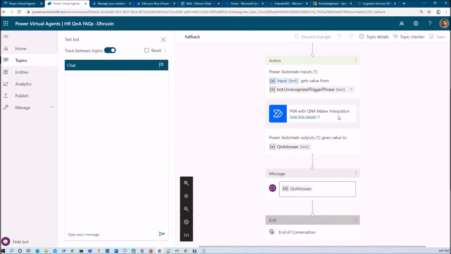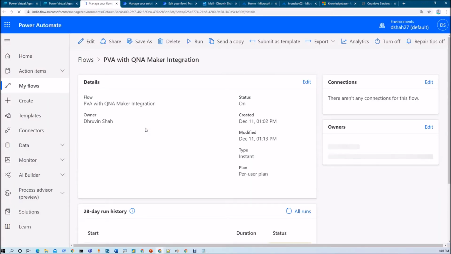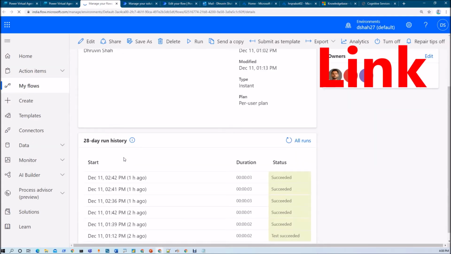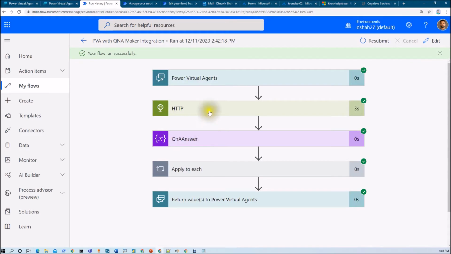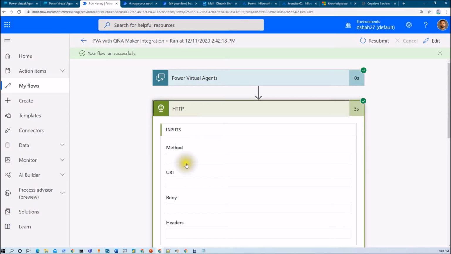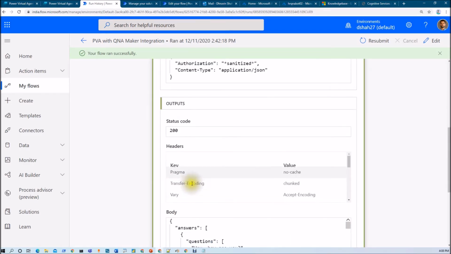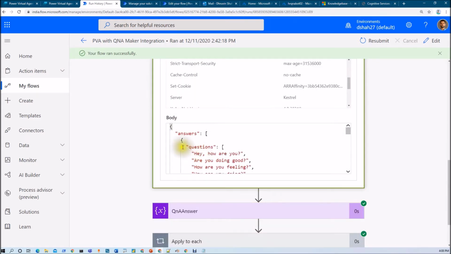Now let's first open this particular flow that we prepared in our earlier session. This is the flow that we created earlier, and let's check its run first. Whenever we search anything here, in response we get answers like this.